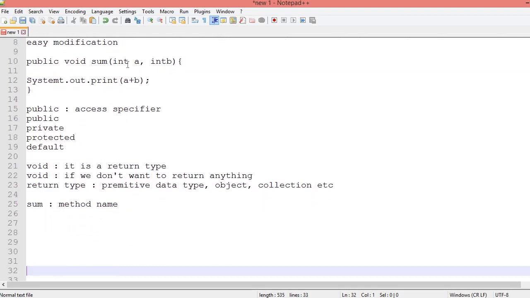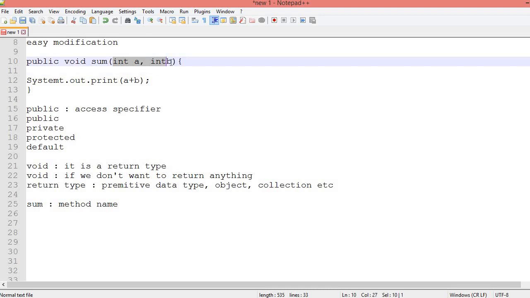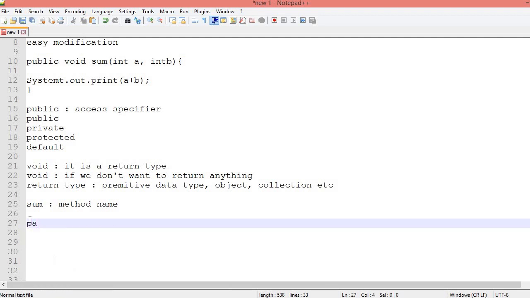then next comes what is called the parameter list. So int a and int b is what? Parameter list. Okay, if we don't want to pass any parameter, we can leave it blank.